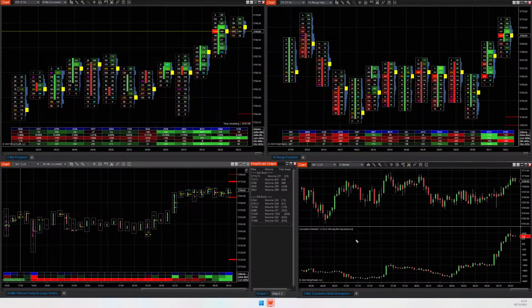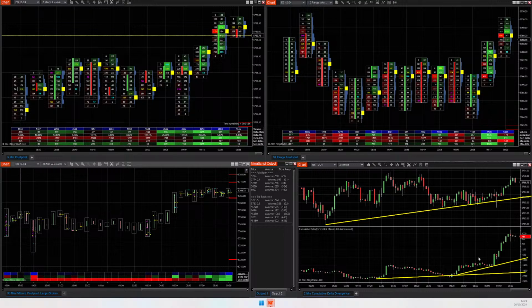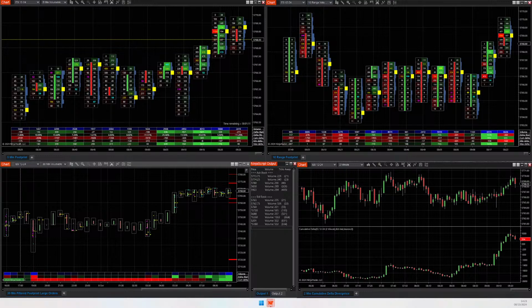But then I'm looking at divergence as well. So I'll be watching the price action, and I'll be watching the cumulative delta, which is going up, not quite as steep, but it's in line with each other. However, you can see we've got more aggressive buying here than we have here. We haven't been able to break over these pivots, but we have here. So that's a little bit of a delta, which shows me that we've got aggressive buying but not enough follow through. So maybe we might be looking for a bit of a reversal soon. And that might also suit our 57.72 area, watching for a rejection if we're seeing aggressive buying into that area but no follow through.